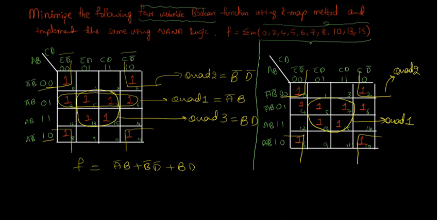That means cell number 8 and 10 can be grouped in only one way, that is quad 2. Here also the same thing, quad 2. So if you try n number of ways, but you have only one way to group any particular cells, that particular group is nothing but an essential prime implicant. So here this B bar D bar, this corner group, is essential, because in both the cases you have only that option. In that way only you can cover these 4 corners.